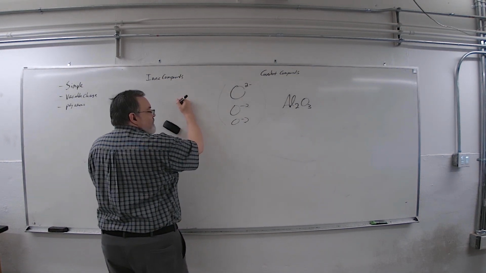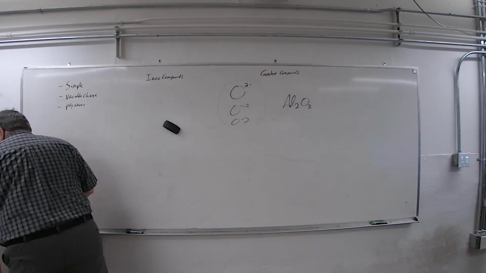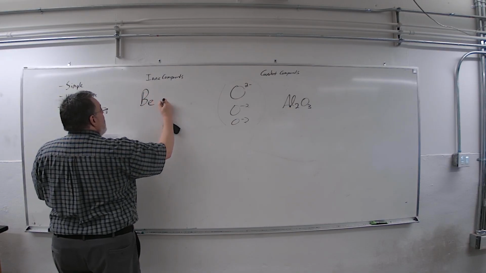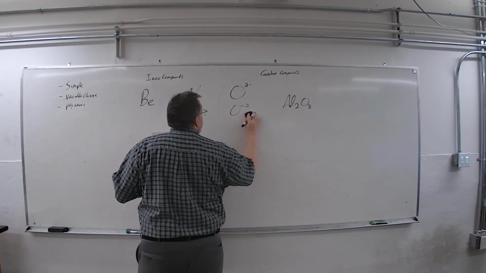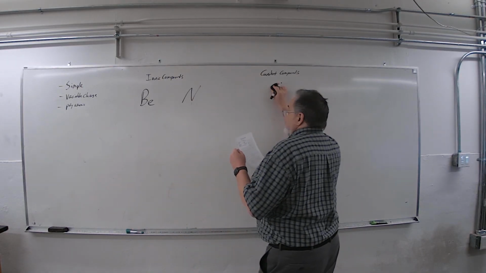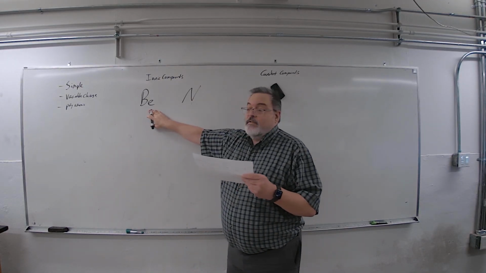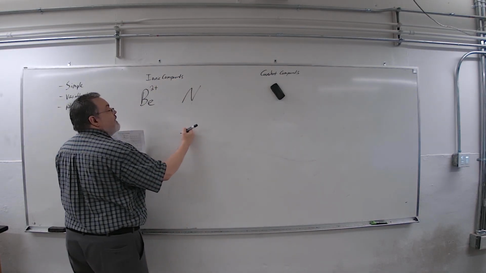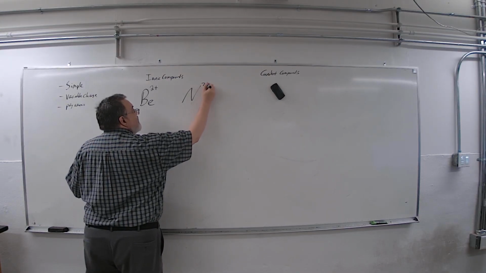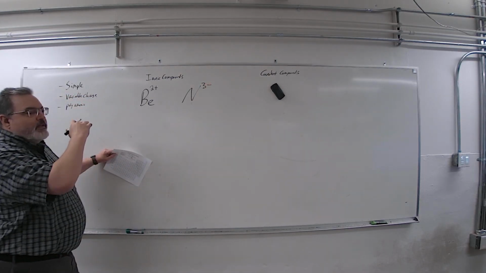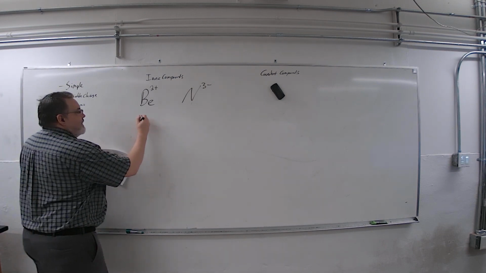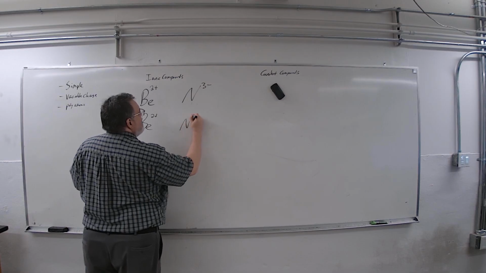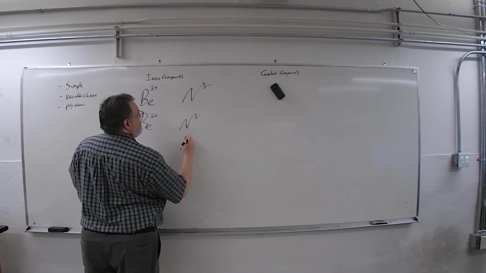And I can do it like this too. This one I haven't used. Be is near the top. The charge on this is nitrogen, 3 minus. Again, it's a 2 and a 3. I just need them to add to 6. If I get 2 of these and 3 of these,